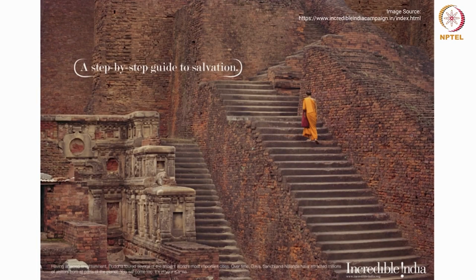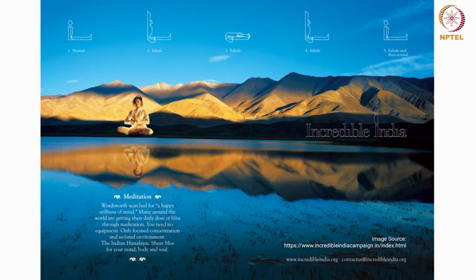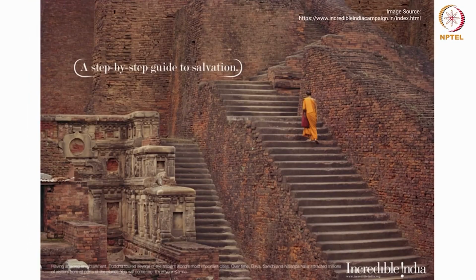Now see, till here it was more about descriptive representation. Here, suddenly it becomes a quote-wise representation. So now the tone is changing. The voice is similar, but the tone is changing. And here the quote is addressed in terms of a step-by-step guide to salvation. Again, this talks about the representation of the heritage structure, right? And you can see how the compositions are speaking volumes in terms of depicting the rich past and the history of India.